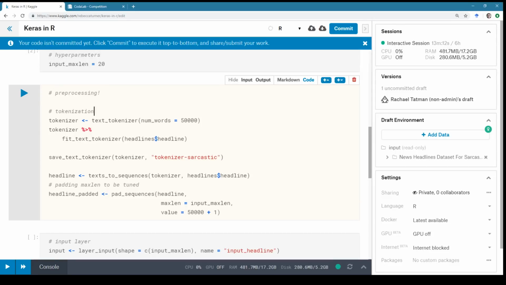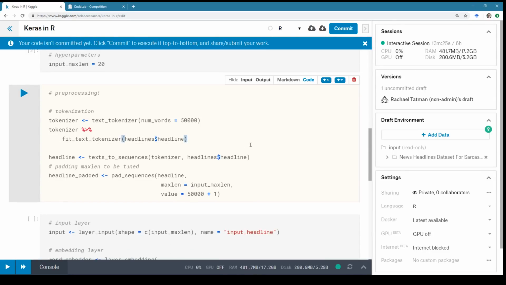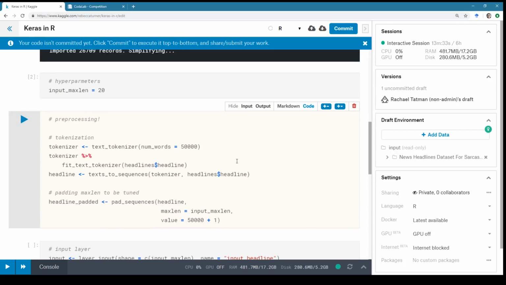Tokenization, so splitting things into words and treating each word as a unit. And I guess we'll save this out. I don't know that we really need to save the tokenizer actually. So, yeet. And then this is also part of the tokenization. Yes, and then pad or chop all input